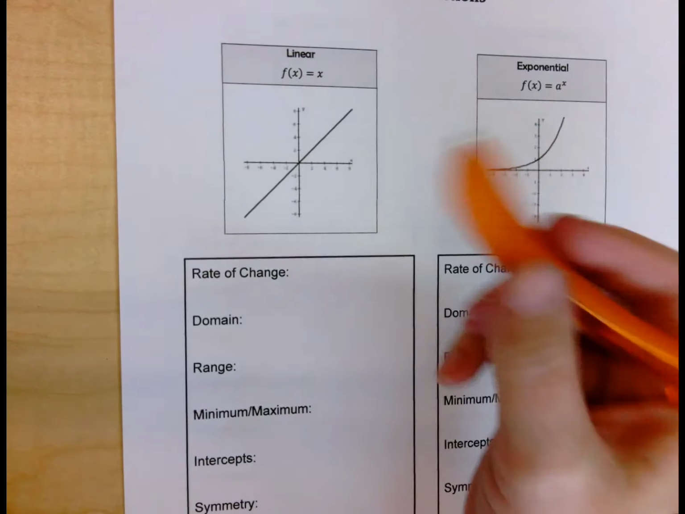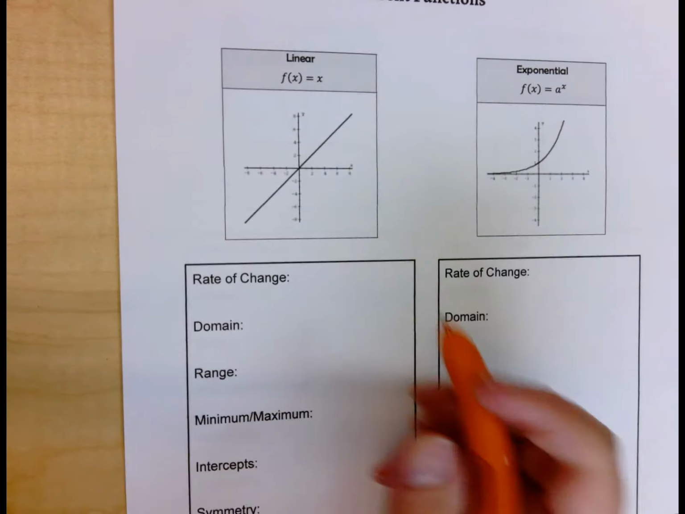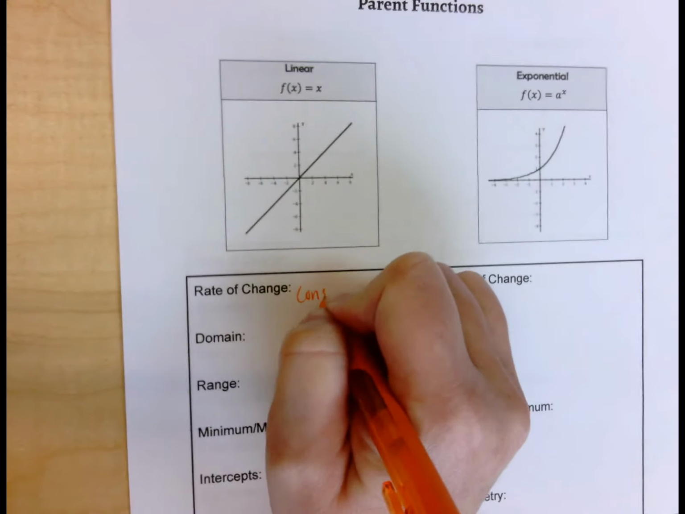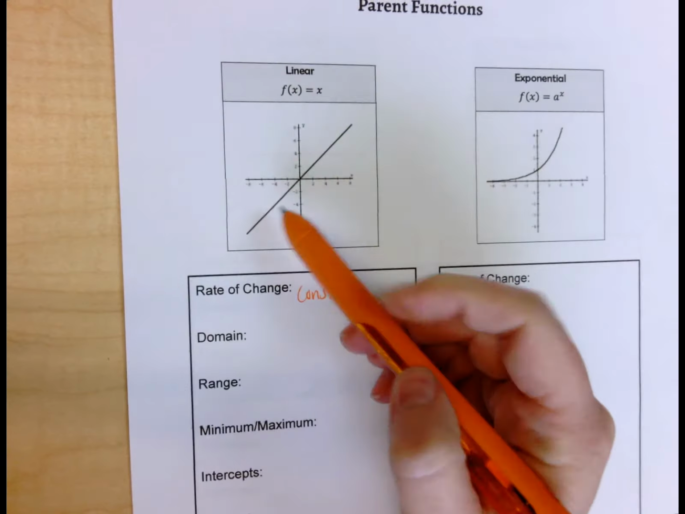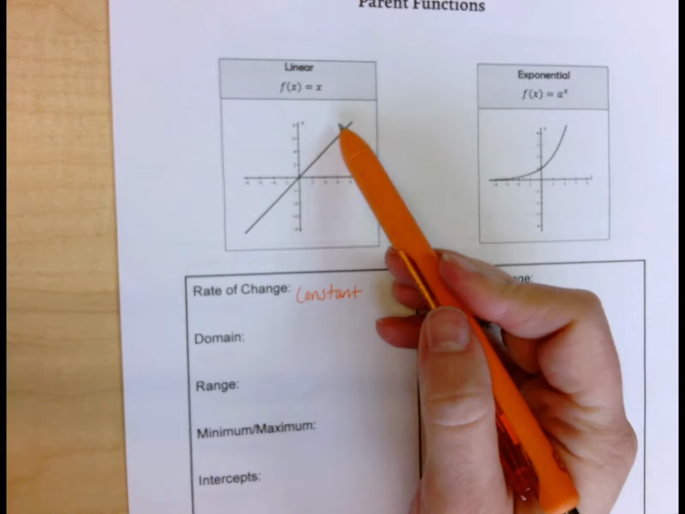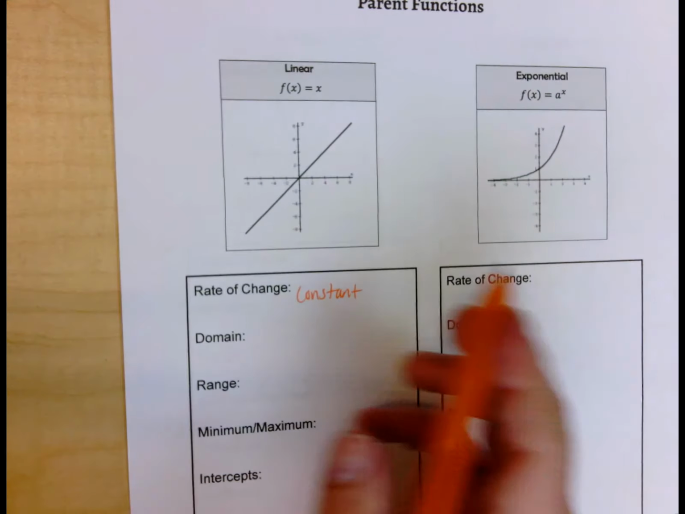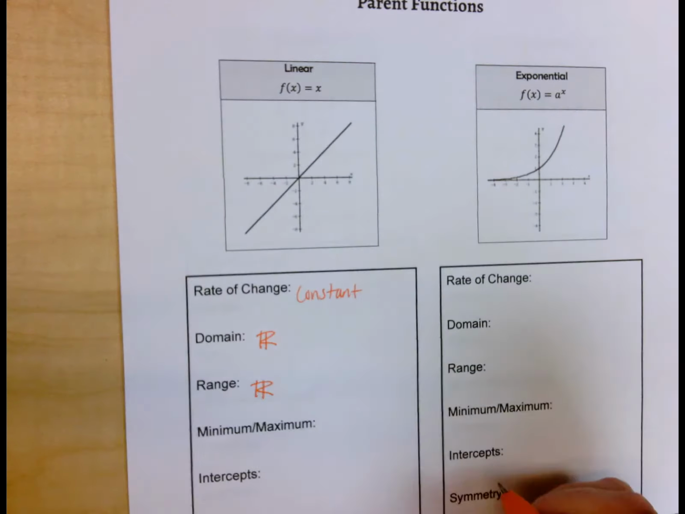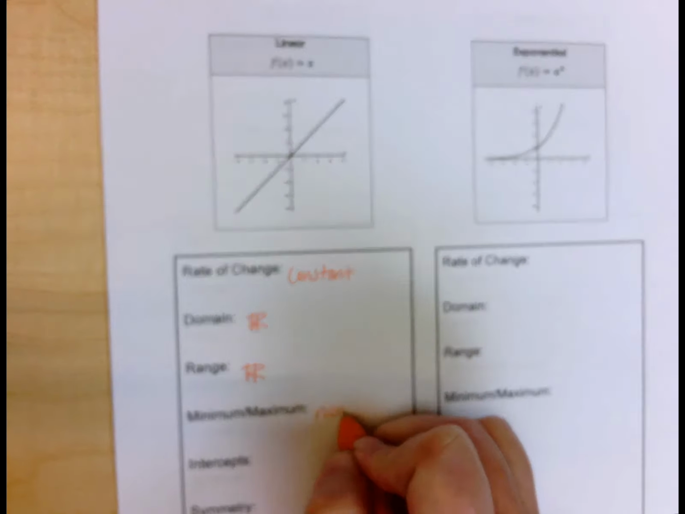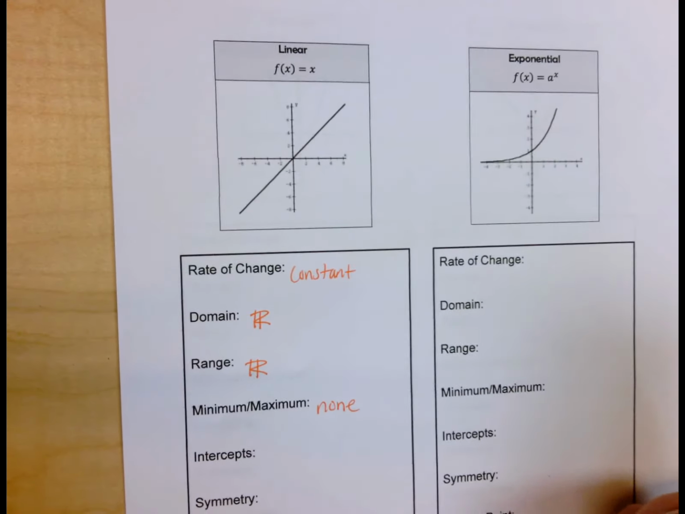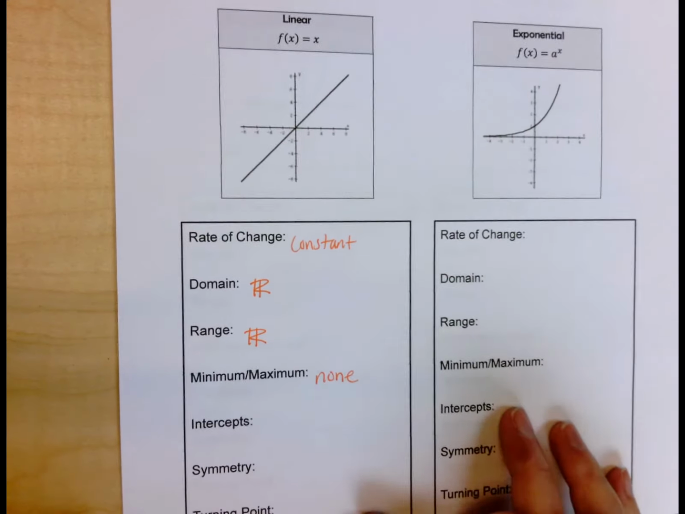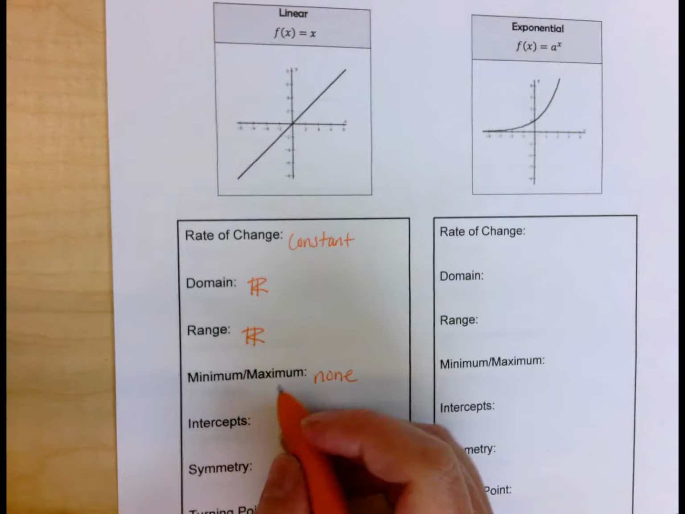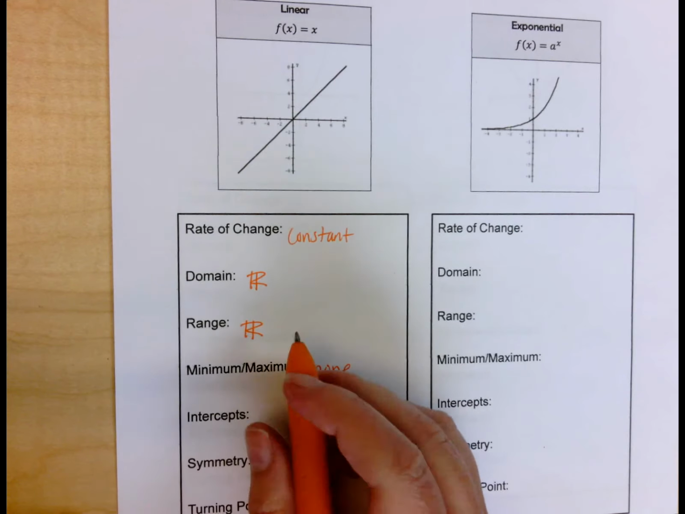So we're going to talk about linear first. And so remember that linear has a constant rate of change. Okay, it's always going to be constantly changing at the same rate. Domain is always going to be all real numbers. Range is all real numbers. There is no minimum or maximum because it's going to keep going forever in all directions. It will have generally